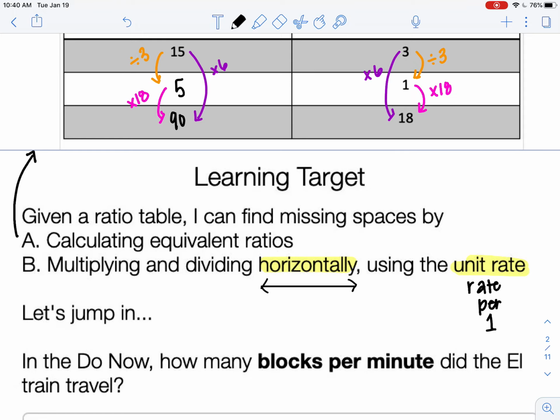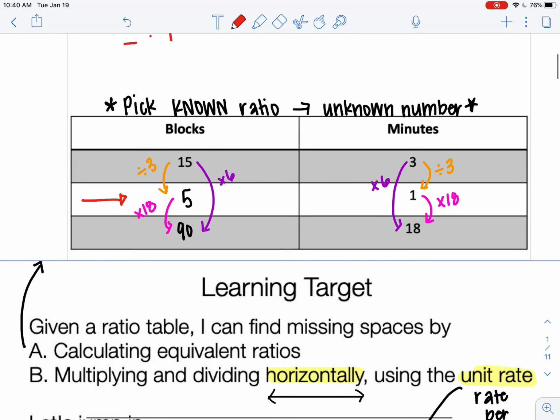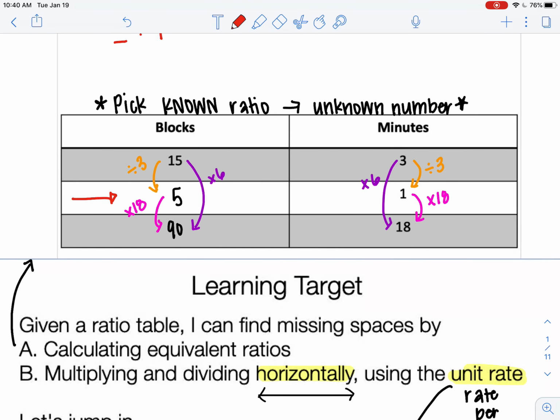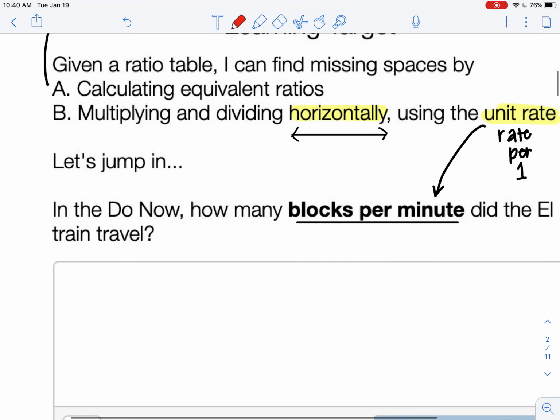Now we started with this question in the do now: how many blocks per minute, now remember that would be the unit rate, did the L train travel? And we can see it right here in our table that's still peeking in the picture. In 5 blocks, or I should say in 1 minute, the train traveled 5 blocks. So we know it's 5 blocks per minute,